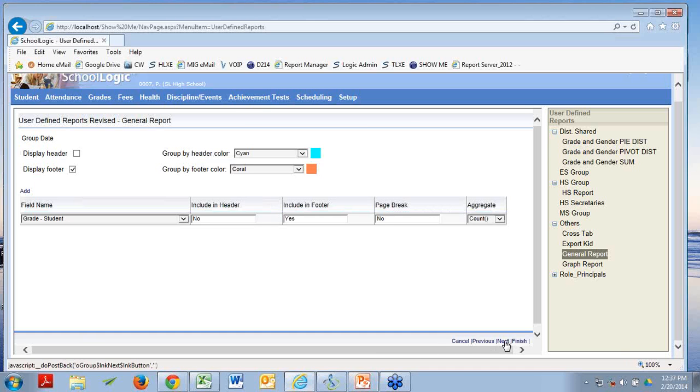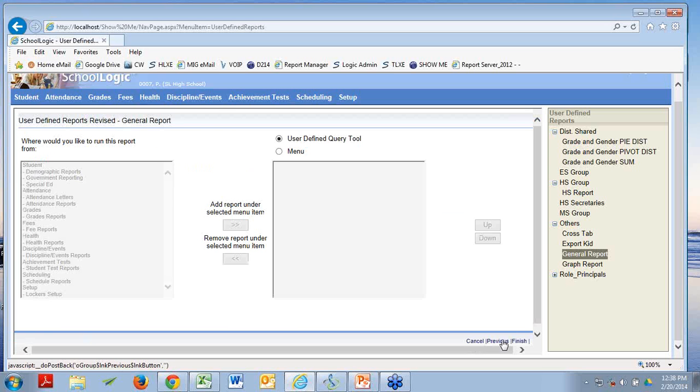What's our next screen? Okay, the group screen. This will count in our next run through, but let me tell you what this is about. Here, I get to choose, am I going to do some math on my report? Maybe I'm going to count my kids. Maybe I'm going to do a sum. Okay, we'll come back to this later, but it's a cool screen because it actually gets, wonder of wonders, math